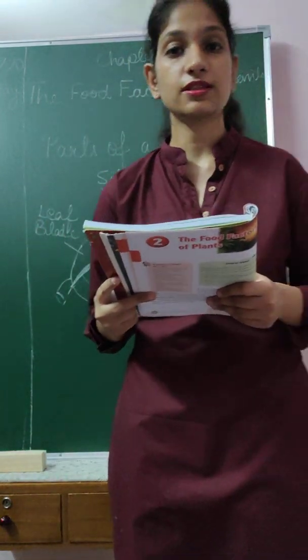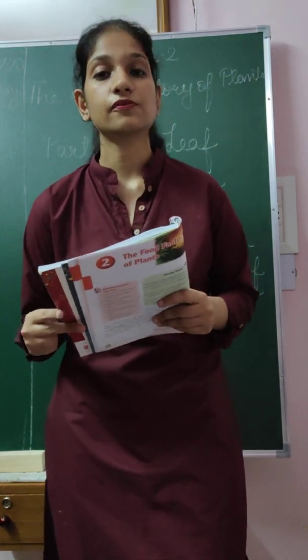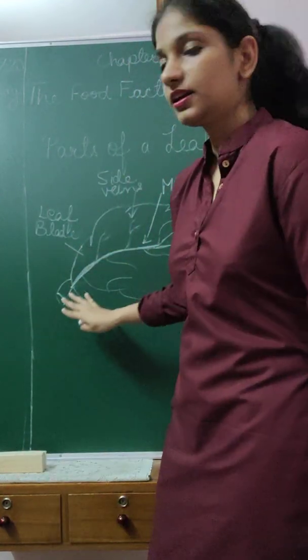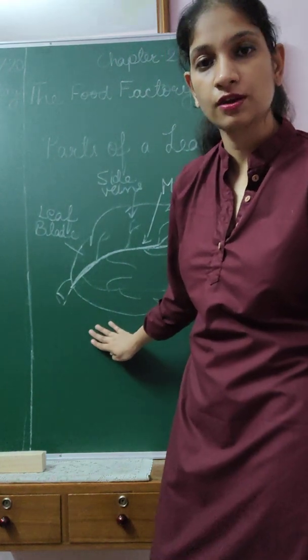Okay. So during photosynthesis, now photosynthesis, what is photosynthesis? It is a method by which plants prepare their own food. Who prepares the food in your house? Your mother. Where does she prepare it? In the kitchen, right? So how does the plant obtain its food? Yesterday we studied in the flow chart that green plants make their own food. So how do they make it? They make it in the leaf.